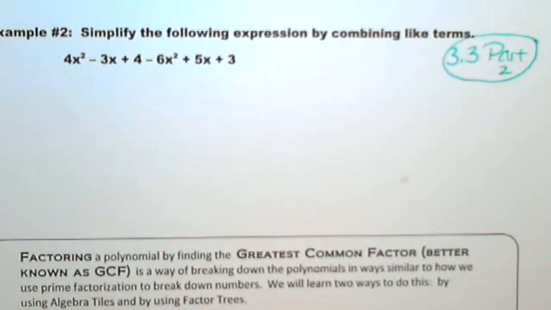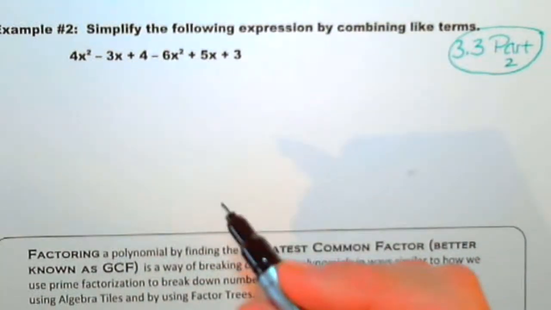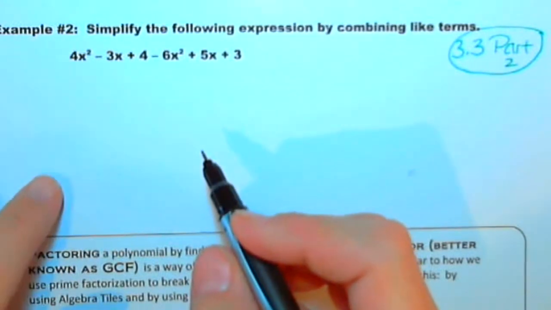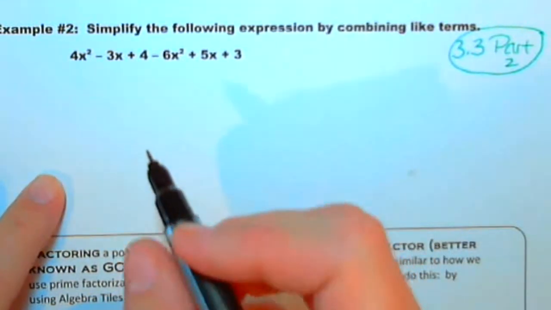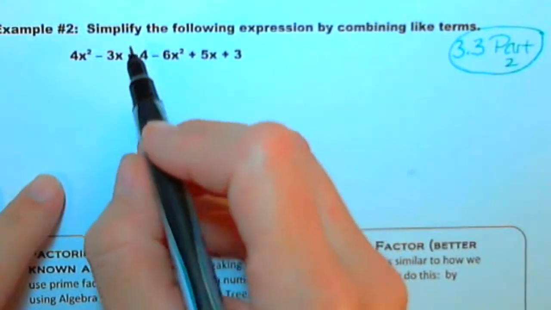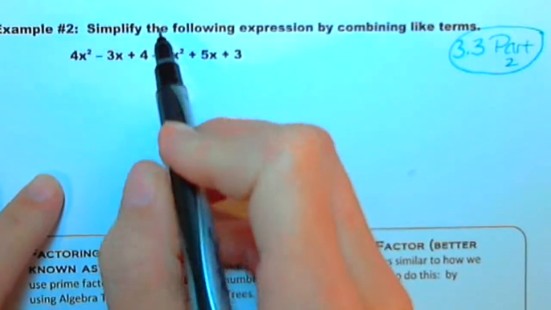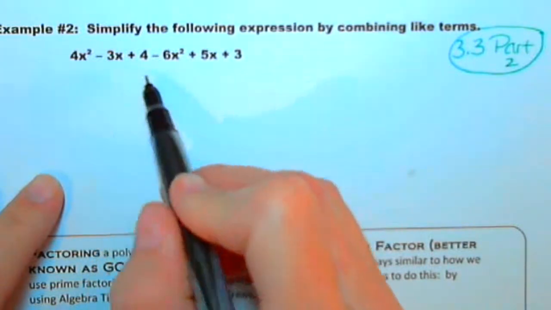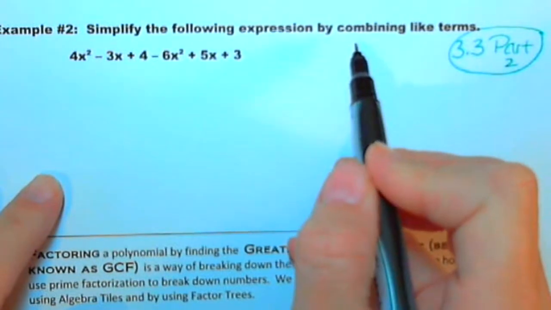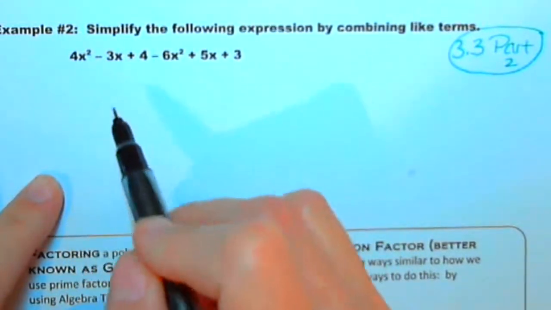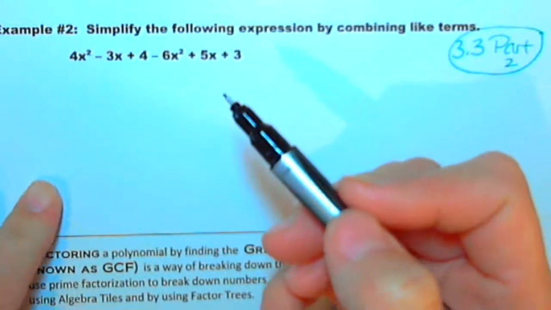This is 3.3 part 2, and in this question we're going to begin by doing a question that would be found in Math 9. We're just going to review the concept of it. So the question says, simplify the following expression by combining like terms. Simplify means you're going to condense it down a little bit. Combining like terms means to look at this and put the stuff together that belongs together, that's the same size